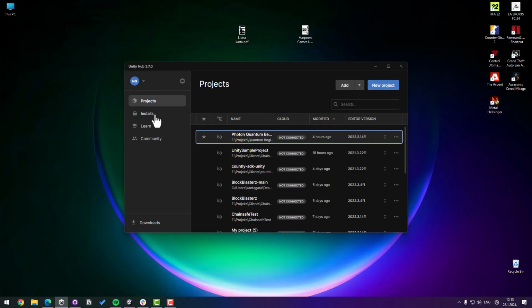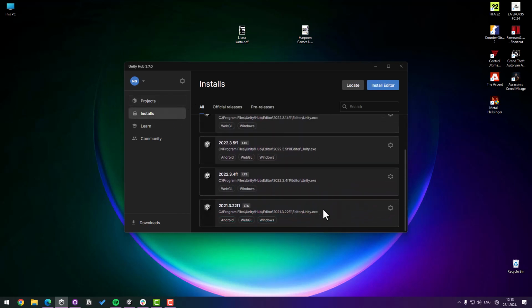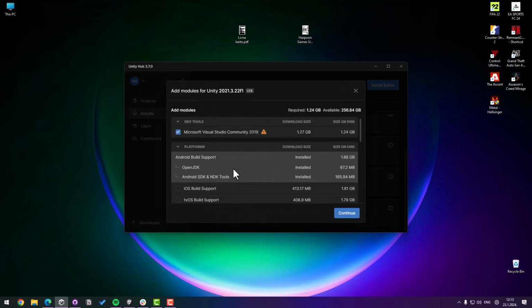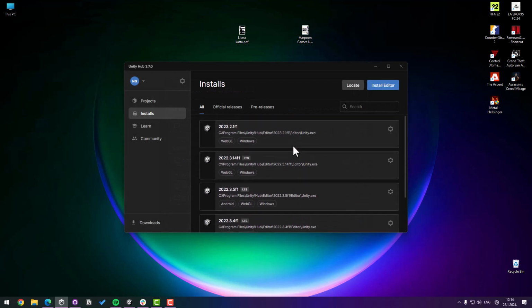The only thing that I would suggest for you to install with this 2021.3.22 is maybe a WebGL plugin, because like add modules, and you would add WebGL build support just for the sake of you potentially testing stuff out, nothing else. Now let's say that you have installed both